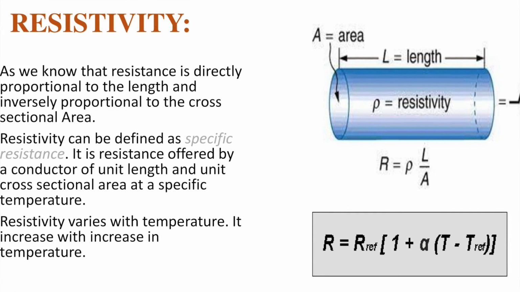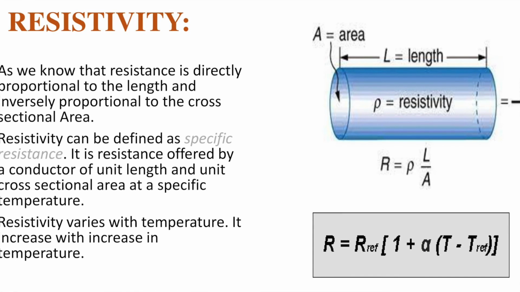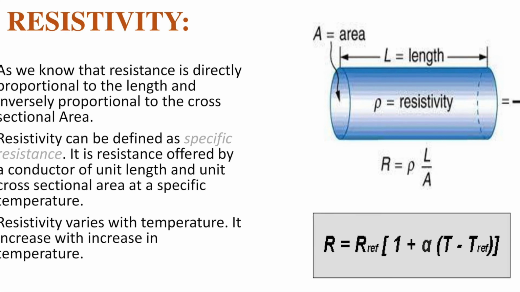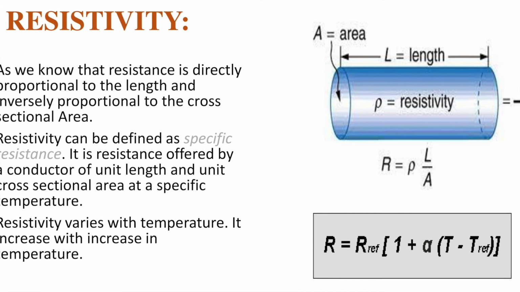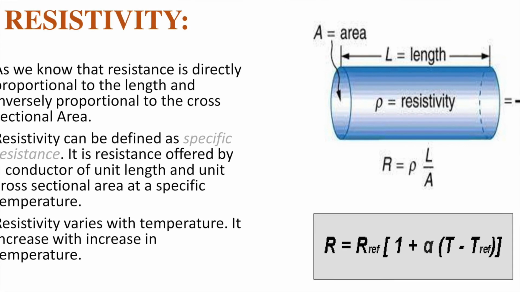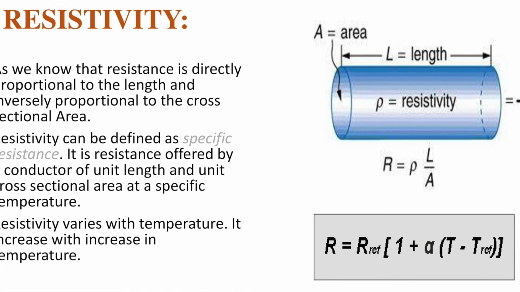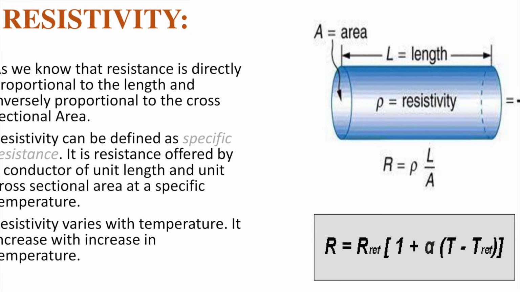There are some materials whose resistivity lies between the conductors and insulators. These materials are known as alloys. These materials are basically made up of one or more than one metal. So what are alloys? Let me give you some examples. Manganin is an alloy of Cu, Mn and Ni, and another example is nichrome.